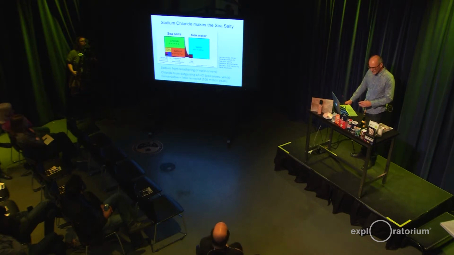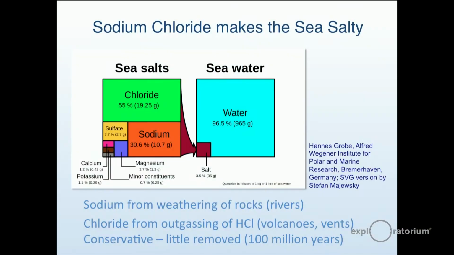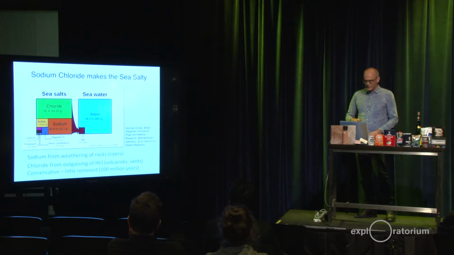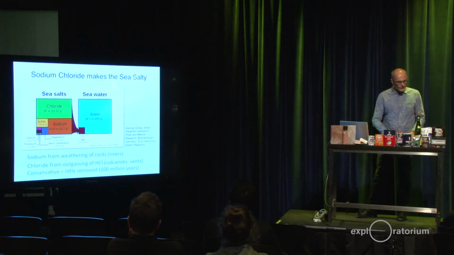Where do they come from is one of the things. The sodium comes from weathering of rocks, the rivers flowing into the ocean, and the chloride comes more from volcanic and hydrothermal vents, etc. But the key point is that once they get into the ocean, they stay in the ocean. They're not eaten by anything, they're not reacting, they're not precipitating, they just stay there and slowly accumulate. As opposed to a lot of the other substances that might weather out of rocks and come into the ocean, which get processed.